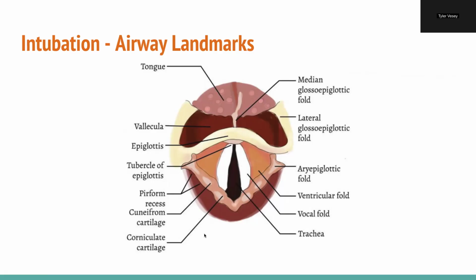So there's a lot of different terms on this. Don't get too bogged down by it. The big ones that we want to remember is we have our follicula, our epiglottis. They call it a fold and cartilage here. This is a pretty good indicator that you're in the right spot. Then obviously we have our false chords and our true vocal cords, and this is where we're aiming for. So again, looking for this V-shaped cartilage here, the false chords, the true chords,